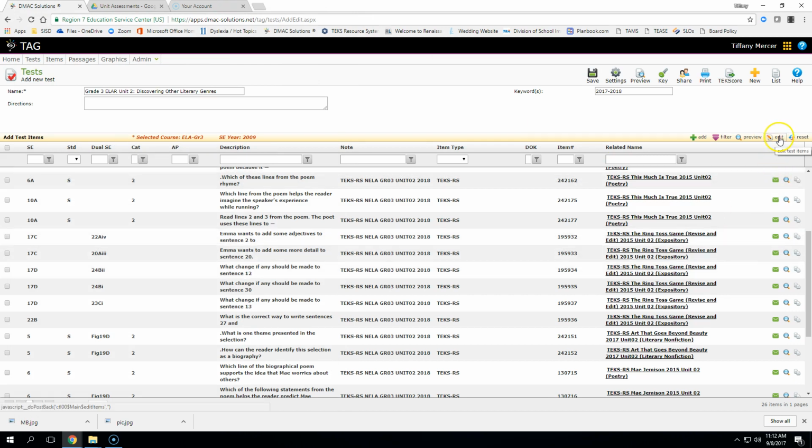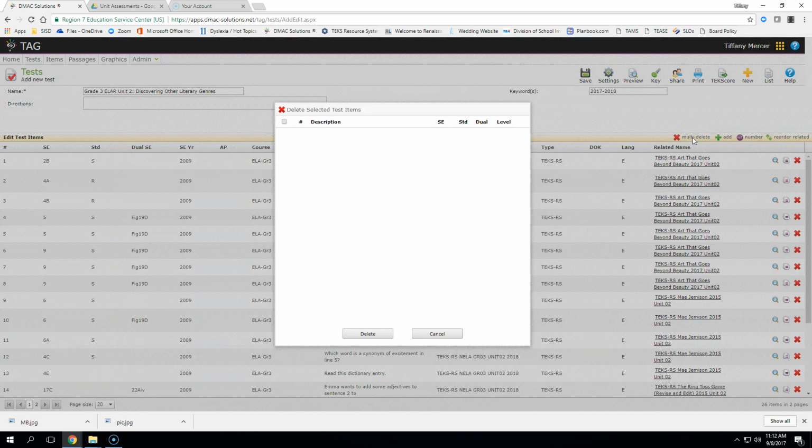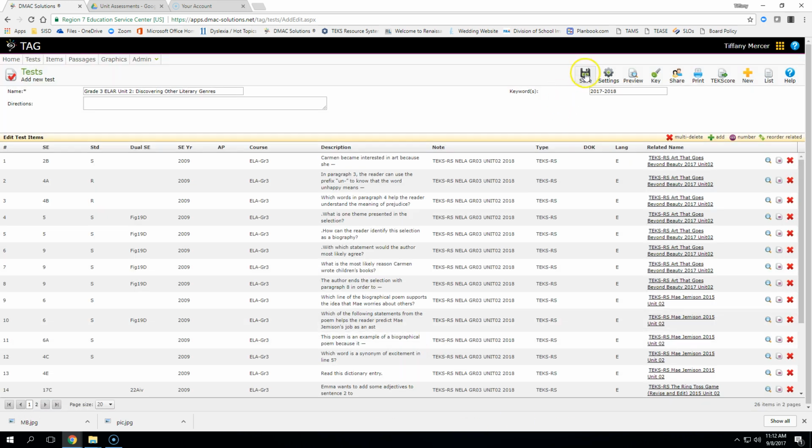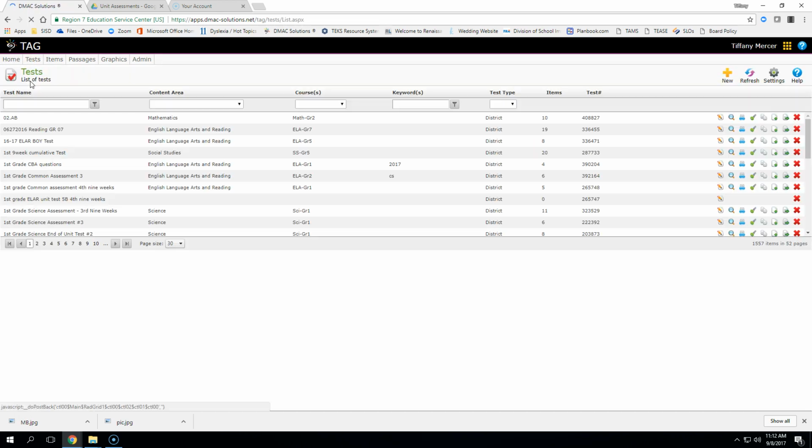So I'm going to go to this edit button and I'm going to do multi-delete. I'm glad this happened because this happens to me almost every single time I click on the multi-delete, it comes back blank. So what I have found, a little troubleshooting, is if I get out of it, go into home and go back into my test,